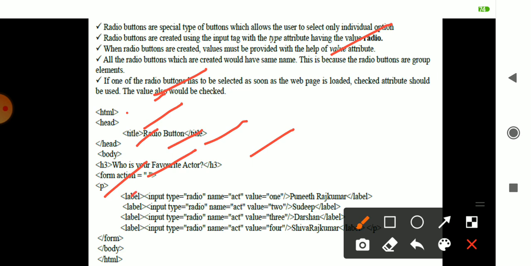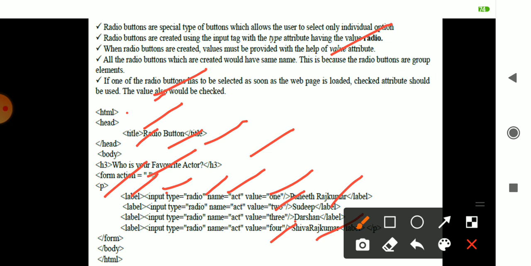Then you have the label. Input type is radio button, and the name will be of the type act. Why? Because we click that particular actor's option, and the options will have values 1, 2, 3 and 4, and 4 actors' names are being printed there.